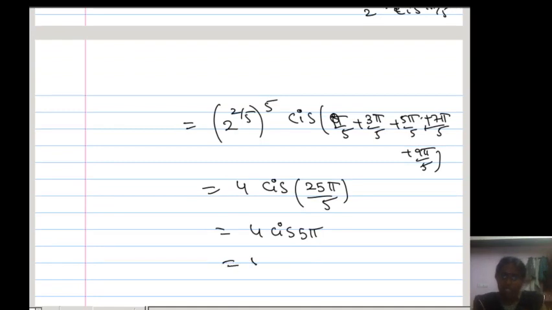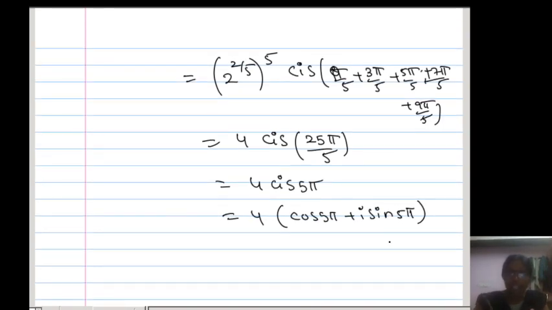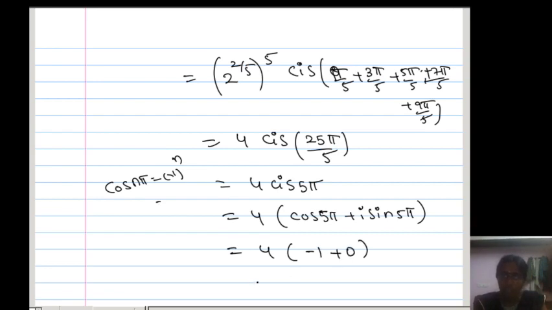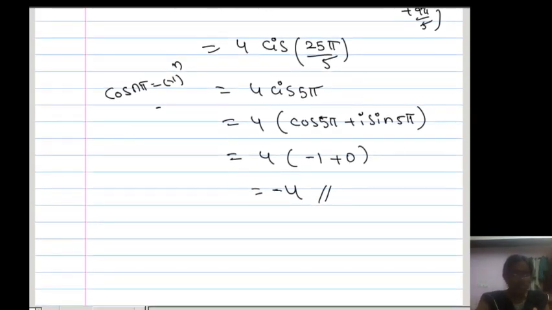But you know that 4 into (cos 5 plus i sin 5), but sin n pi is 0. So I can write this as 4 into cos of an odd multiple. You know that cos n pi is minus 1 whole power n. So cos 5 pi means you are getting minus 1 for an odd multiple. Minus 1 plus 0 i into 0. So your answer is minus 4. Okay. Next question,